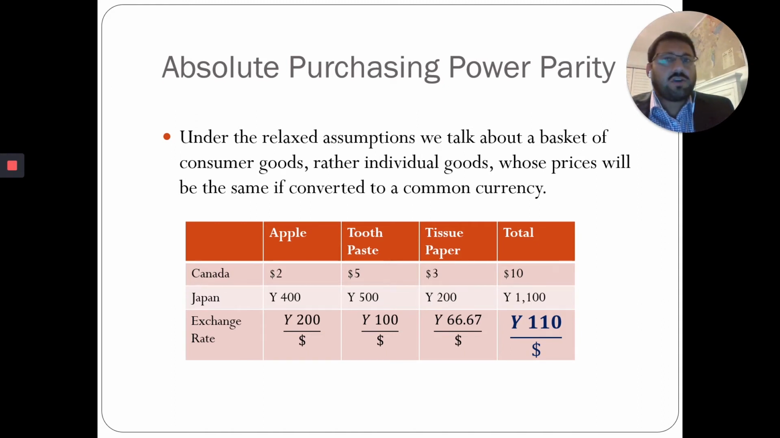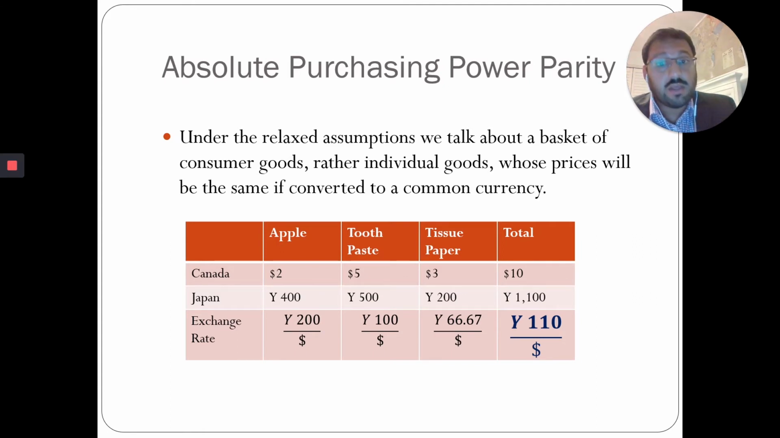And again, it does not make sense, because at one point in time there is only one exchange rate present. If you go to the international foreign exchange market, you will observe that only one exchange rate is there. If from the same apple you try to derive the exchange rate between the Canadian dollar and the Japanese yen, we see that there are 200 yen for each